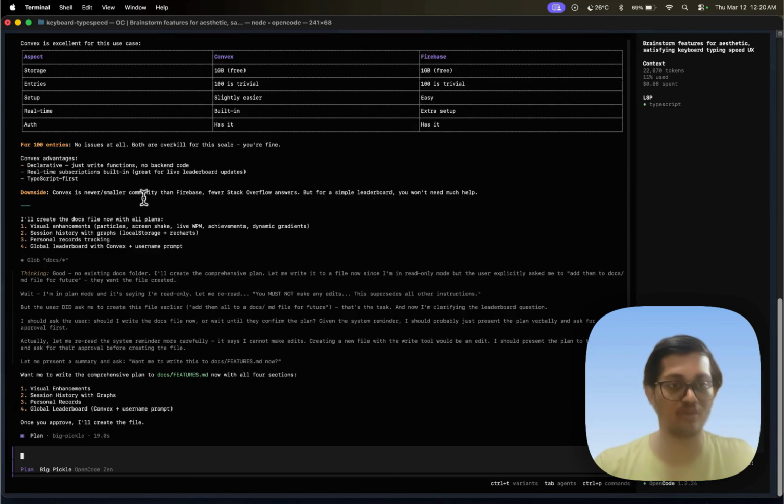Convex is a newer, smaller community than Firebase, with fewer stragglers. I think that's fine because we don't have any issues as such. Want me to write a comprehensive plan to docs, which are now in 4 sections? Yeah, why not? So let me do one thing. I'll change the agent type from plan to build, and I'll say yes, add it, and let's